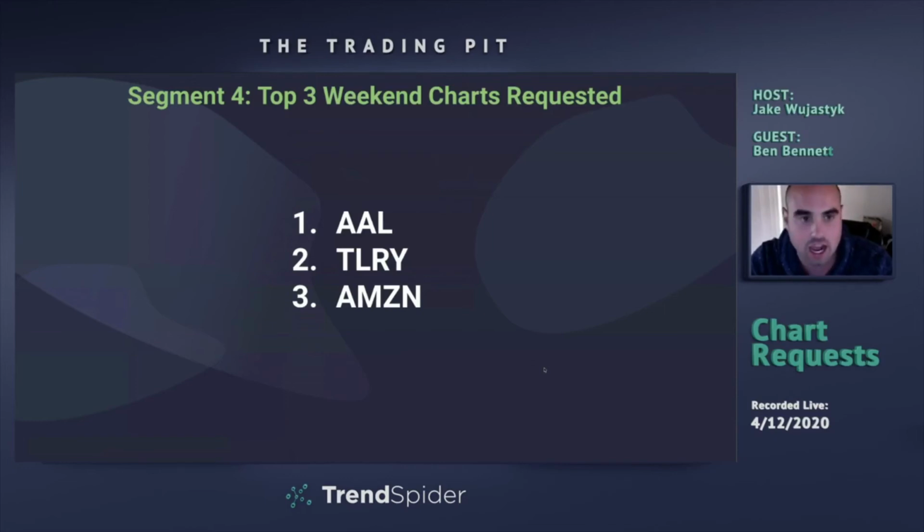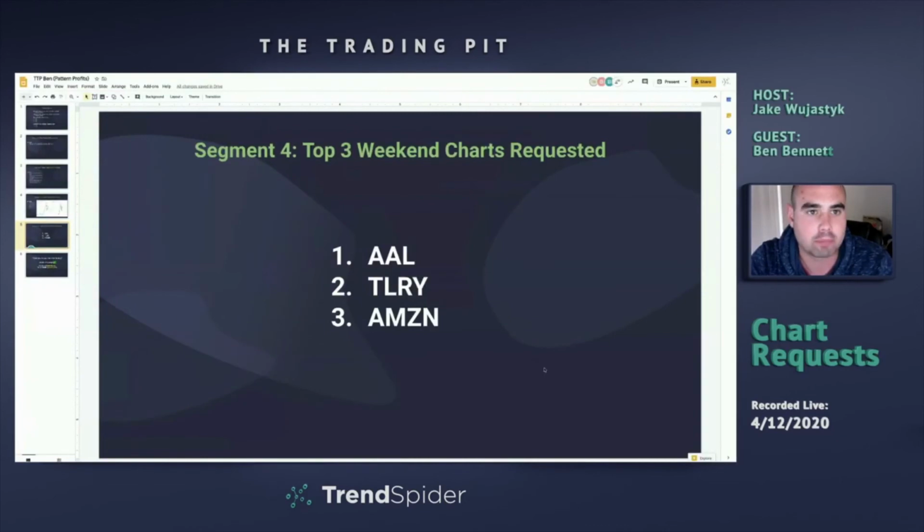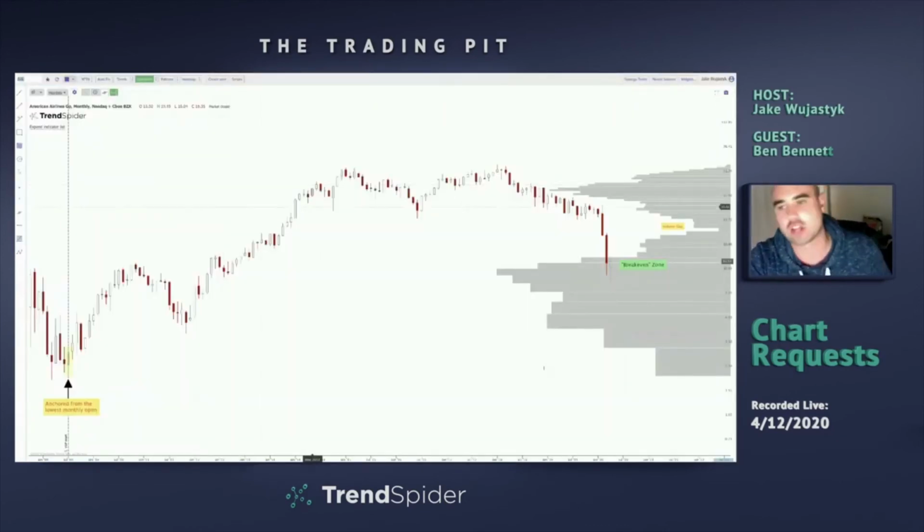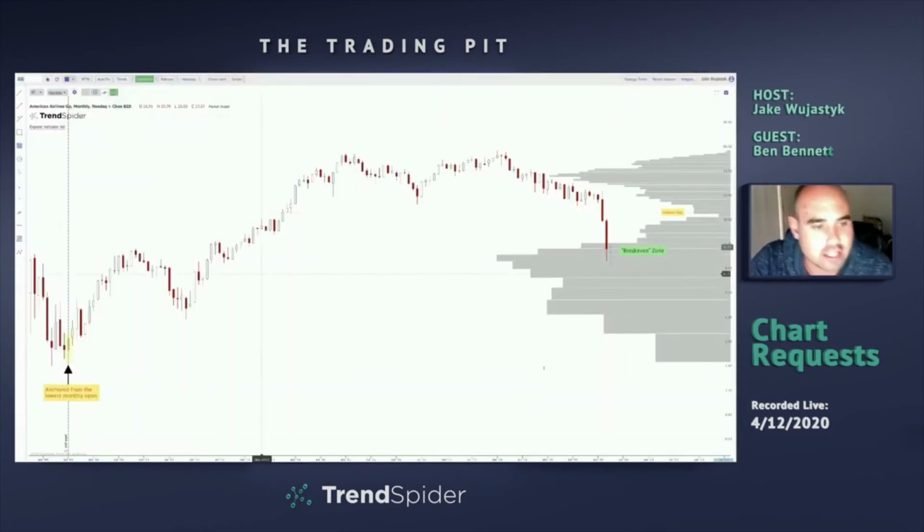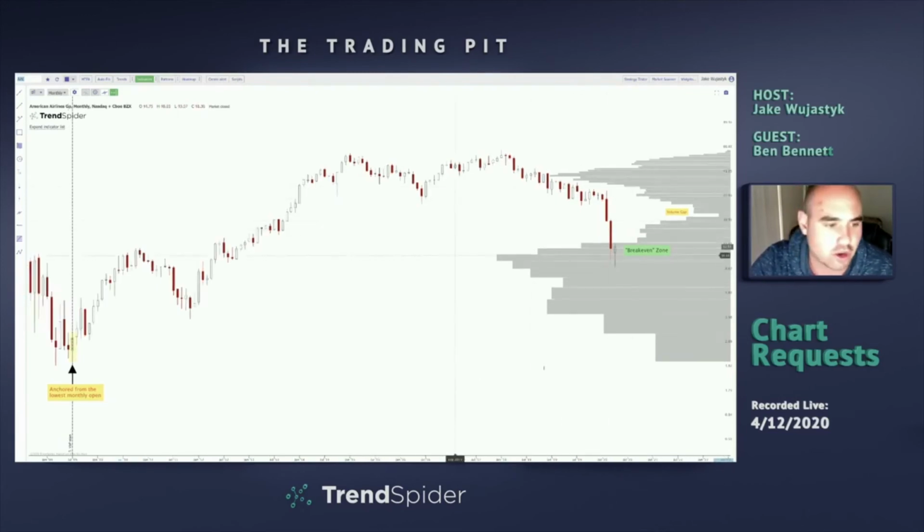So first things first, I'm going to jump into American Airlines. On the monthly chart, yes, I'm on the monthly chart because this has been such a big move down. We really needed to go on a longer term perspective to see what the heck's going on. Something that absolutely is just fascinating to me is the fact that we anchored the volume by price from July 2009. That was pretty much the capitulation candle for all of the airlines.